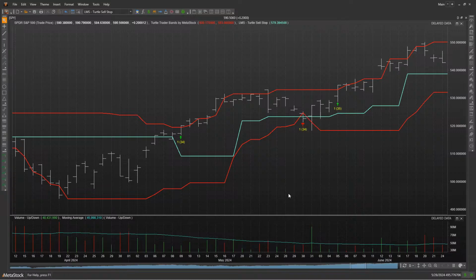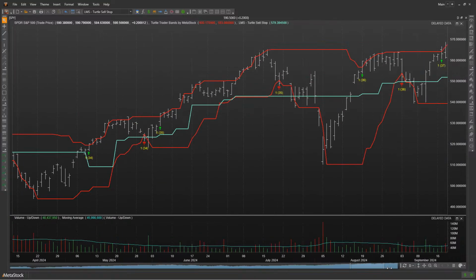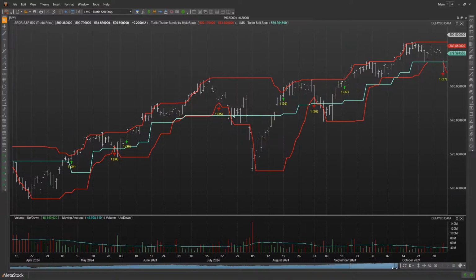It got out at the higher point there. See that? So what's interesting about that one is that my thought process was, well, I'm going to get out at a higher price and it's going to be better overall. But what actually ended up happening was the more profitable one was just getting out based off of the lower band.